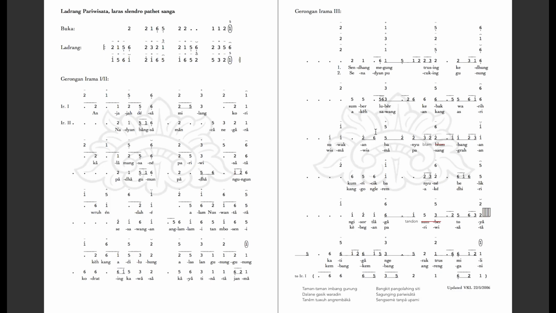Another couple of things I needed to add before we get started: there were a couple of typos in the vocal parts here, so I've crossed them out and written the correct word next to it. Instead of blum, it's blam, and instead of sumbr, it's tandon. All right, now we're just going to jump in and try to sing through this one time.